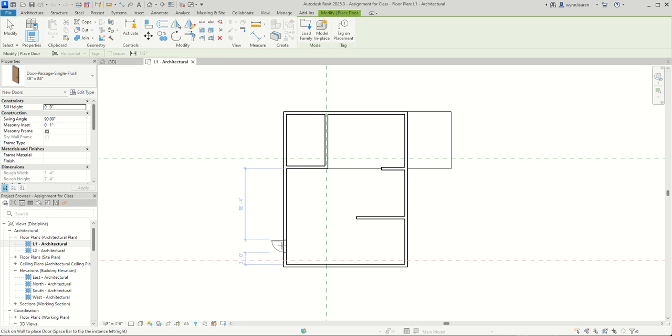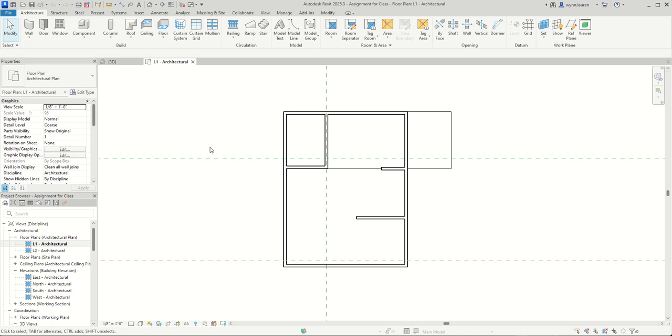Okay, so in this video, I'm going to show you how to add windows and doors, which is actually pretty simple. There's lots of different types of windows and doors you can add. We're just going to start with what Revit has default-wise. So as you can see over here,